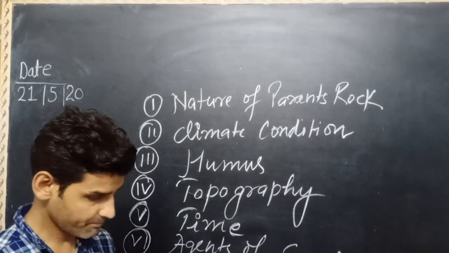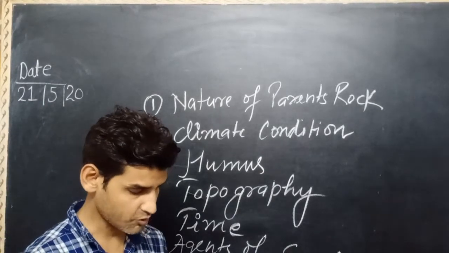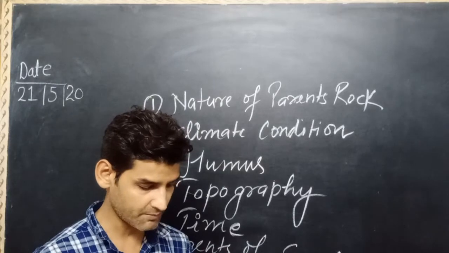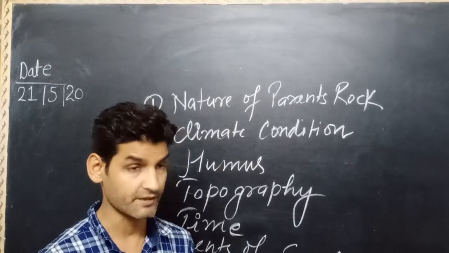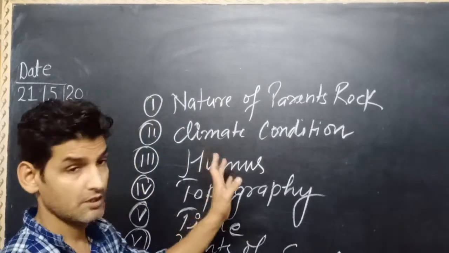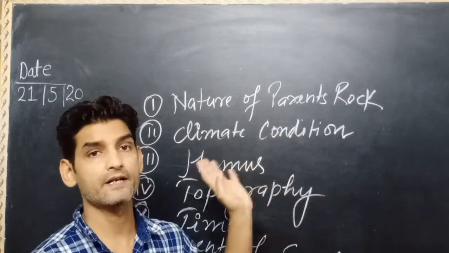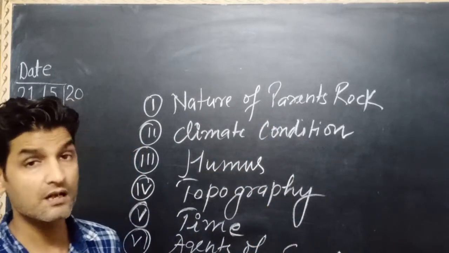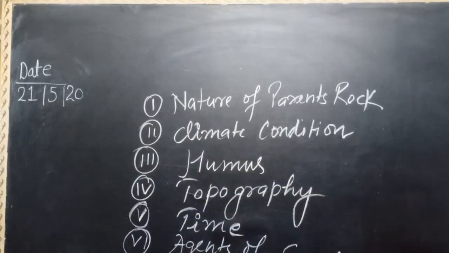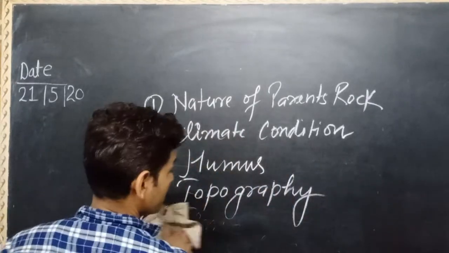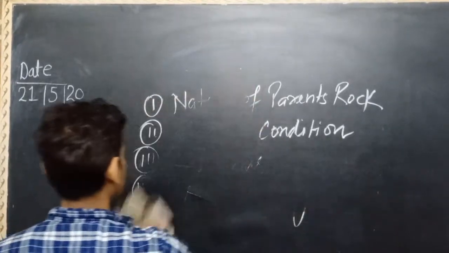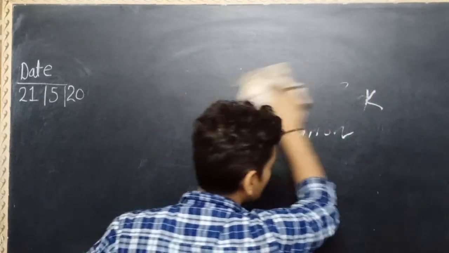Now, soil erosion. Soil erosion refers to the removal of the topsoil by running water and wind. If our topsoil is removed by water and wind, this is called soil erosion. Soil erosion means the removal of important particles